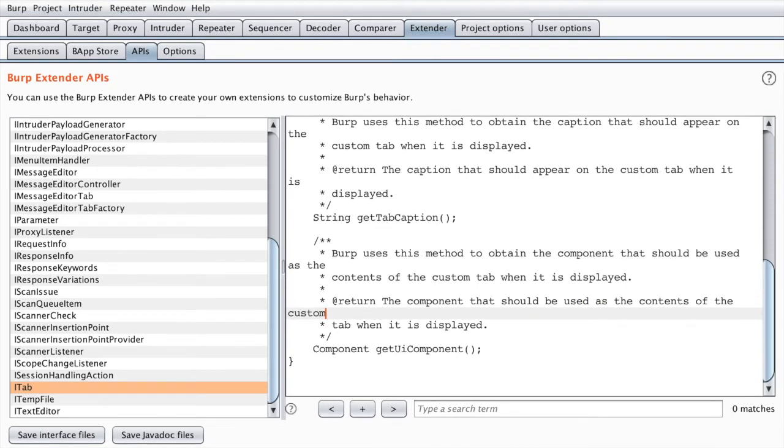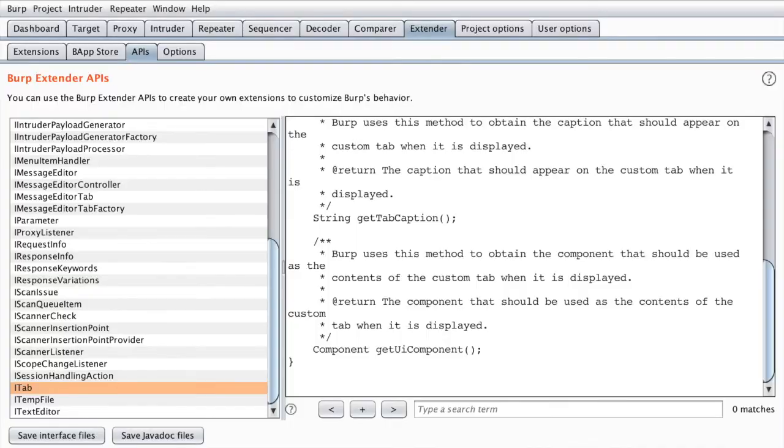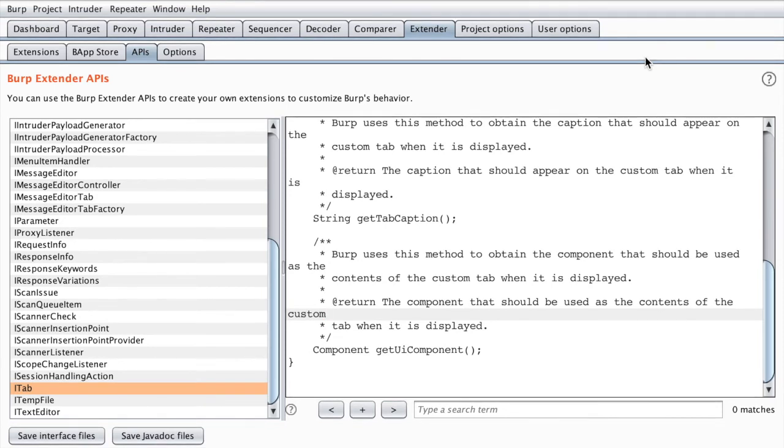For this, as we are working with Java, we need to import two things. Number one is a layout and also a panel, right? So in this Burp, we won't be creating a new frame, so we do not want any kind of new window, right? We want a tab, and this tab is provided by Burp, so we need to play by their rules.